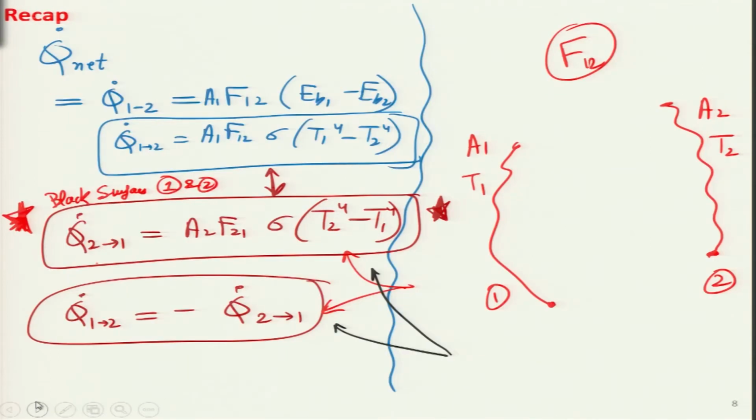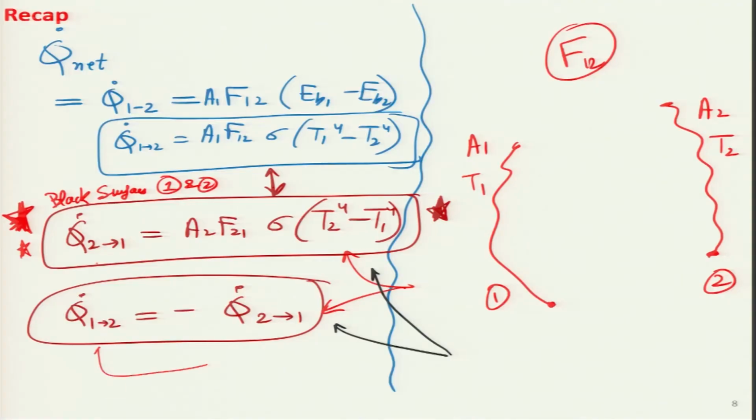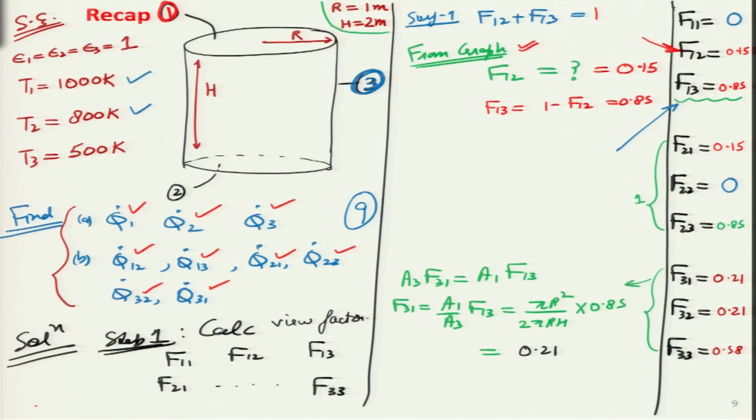and I think we then obtained a very simple relationship, which is shown with the red star over here. If we have any two surfaces which can be assumed to behave like a black body, then we can figure out the net rate of heat transfer, provided we know the geometry between them, their temperatures, the distance between them, their orientations, etc. If you know all their data, then using these equations we can figure out the net rate of heat transfer from the first to the second body, and similarly, with a negative sign, the opposite will be the net rate of heat transfer from the second to the first body.